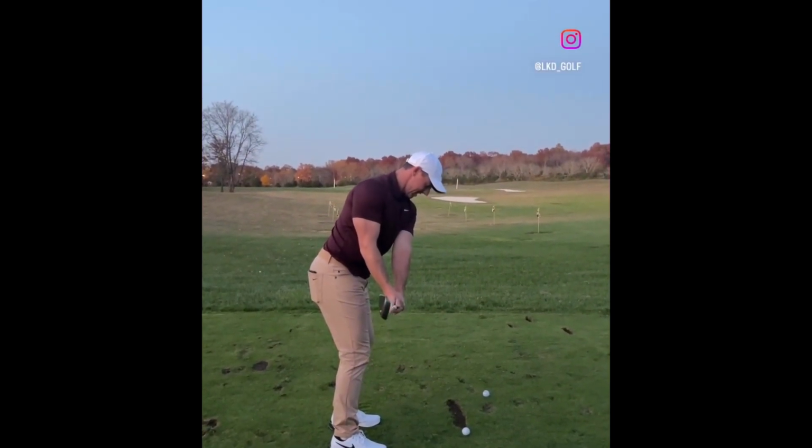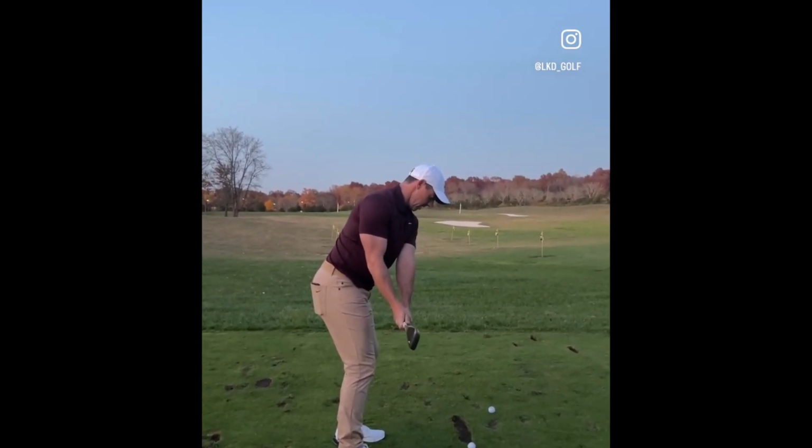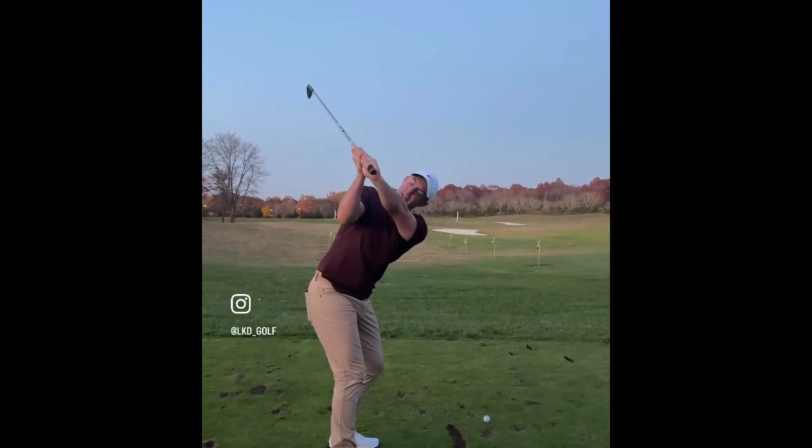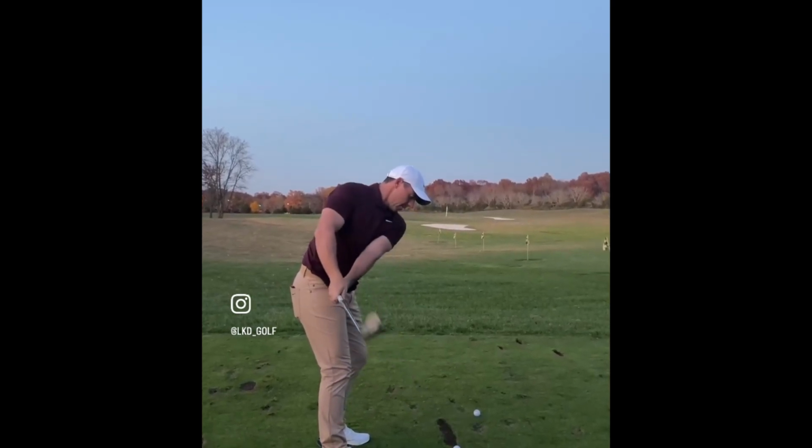If I get my right arm structure set early, then all I need to do is turn the top and then it's in a good position. Instead of getting straight, the arm gets that way and then...